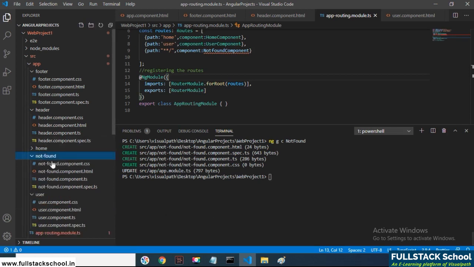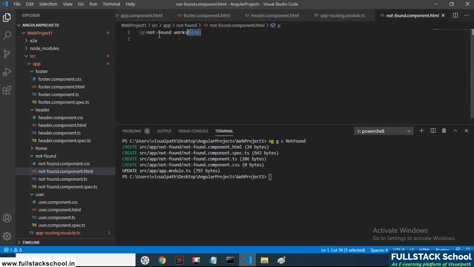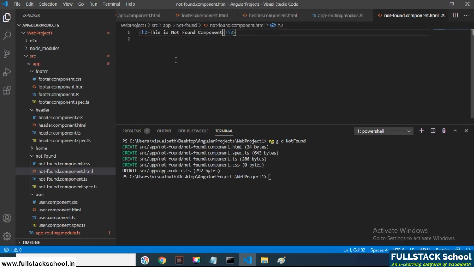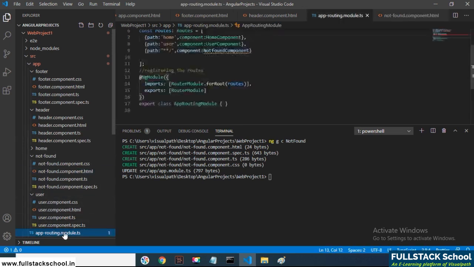Once the not found component is created, add an h2: this is not found component. This is what we are creating as a not found component, which will get executed when you specify